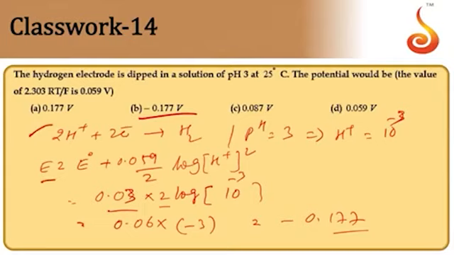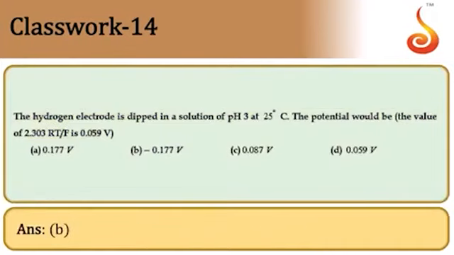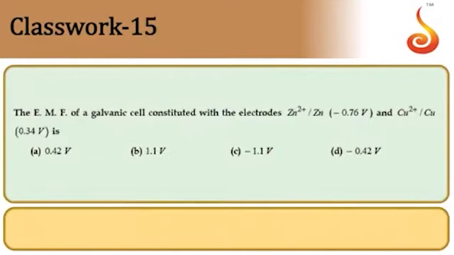Once again, we have written first of all electrode reaction. Then applying Nernst equation, E is equal to E naught plus 0.059 by 2 into log of H plus square. So E naught is equal to 0. This value we approximated to 0.03, that is 0.06 we have taken by 3, and this 2 comes here. So 2 log 10 to the power of minus 3, because 10 to the power of minus 3 is given as hydrogen ion concentration. So multiplying these two we are getting 0.06 into minus 3, because log 10 is 1. So minus 0.177. So option B.